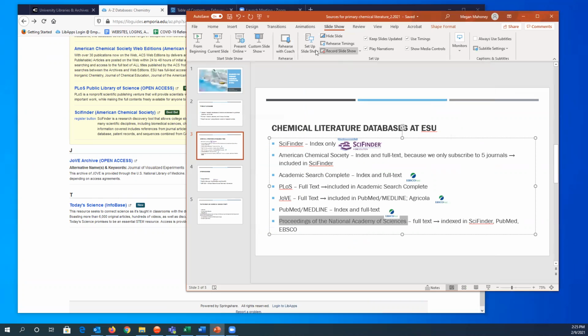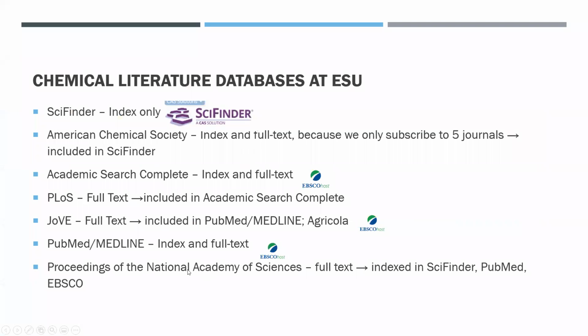Now you'll notice that I have the EBSCOhost icon here by Academic Search Complete, Agricola, and PubMed Medline. I often hear students refer to EBSCOhost as a database, but more accurately, it is a metadatabase.